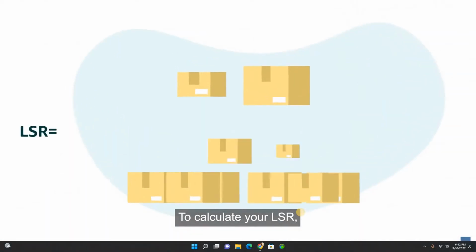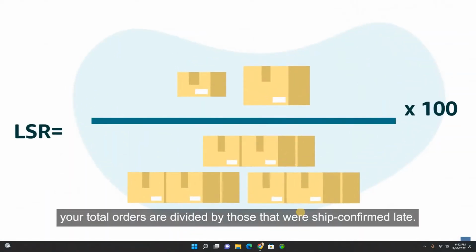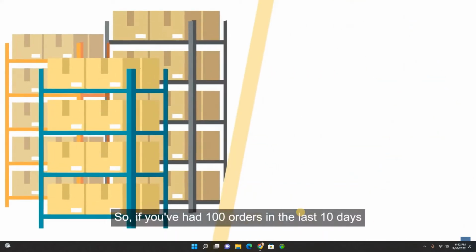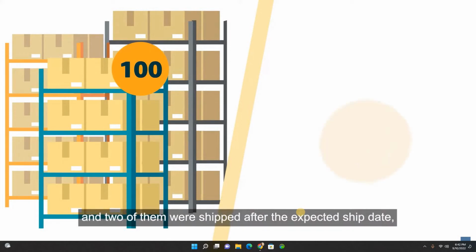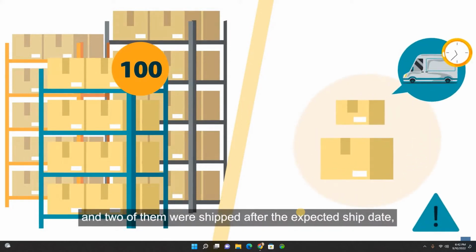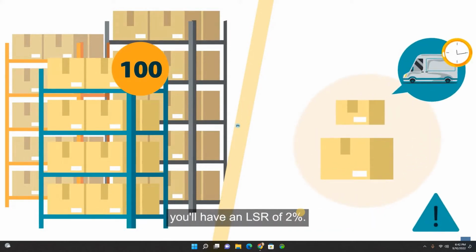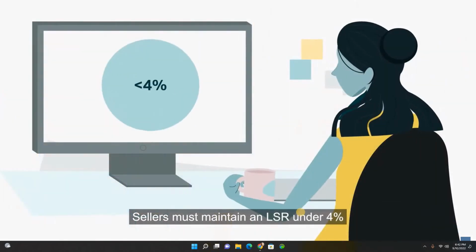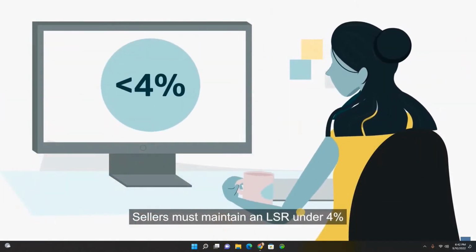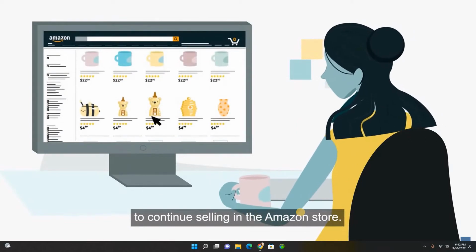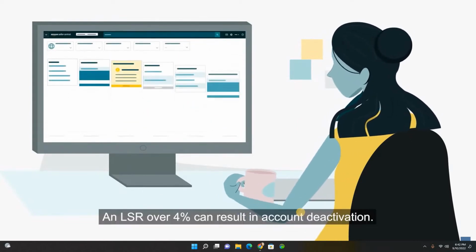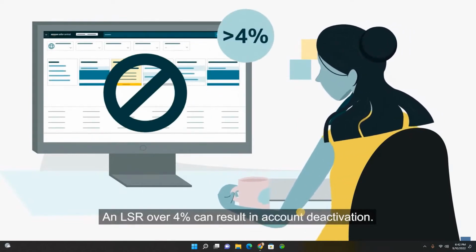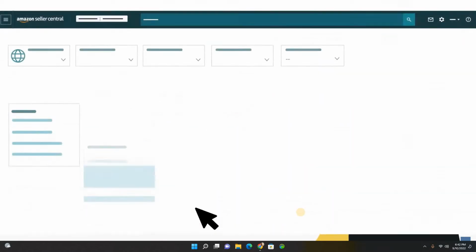To calculate your LSR, your total orders are divided by those that were ship confirmed late. So if you've had 100 orders in the last 10 days and 2 of them were shipped after the expected ship date, you'll have an LSR of 2%. Sellers must maintain an LSR under 4% to continue selling in the Amazon store. An LSR over 4% can result in account deactivation. To view your